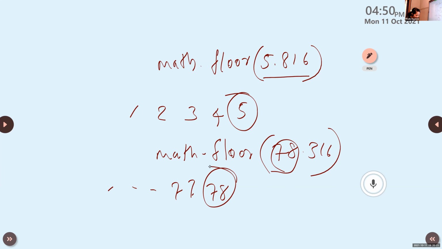Then range is another function. Range we already discussed in the first and second chapter. Range of 5. What is range of 5? It is 0 to 4. This 5 is excluded. And we can give two values, that is 0, 5. Starting value it is 0, end value it is 5. That is the range function. It is also one of the built-in functions.